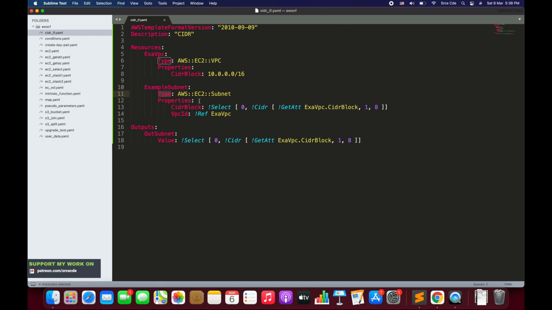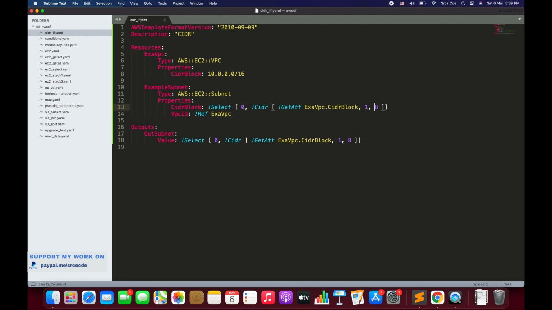And then we have defined an example subnet on line number 10, and its type is AWS::EC2::Subnet because here we are creating the subnet for the given VPC on line number 5. Then we have properties followed by the CIDR block, and then we have used the Select function followed by the CIDR function, right? The first parameter we are getting from line number 8, that is example VPC CIDR block, and for that we are using the GetAtt function, followed by the count that we want to generate.